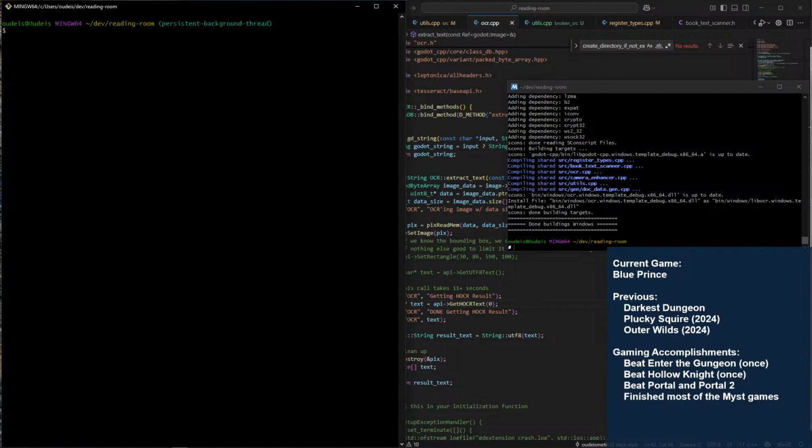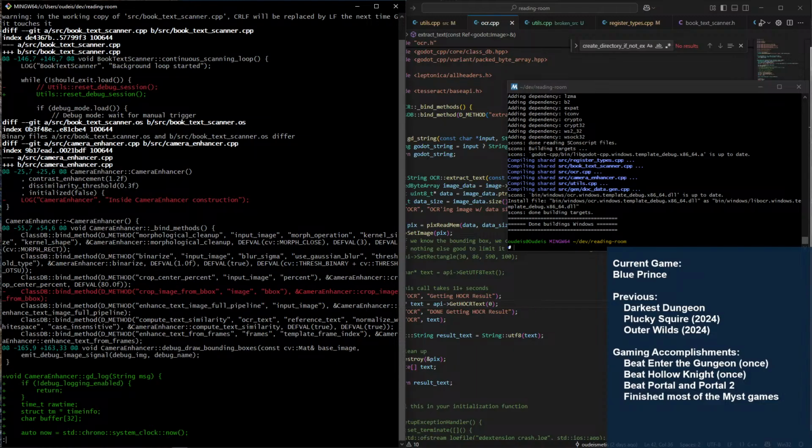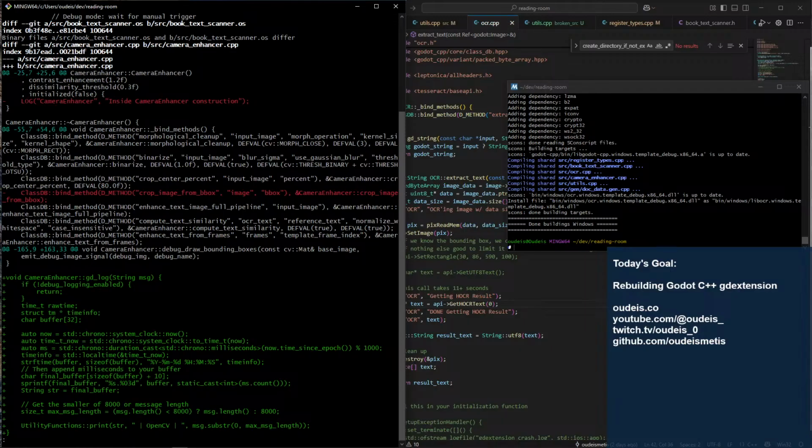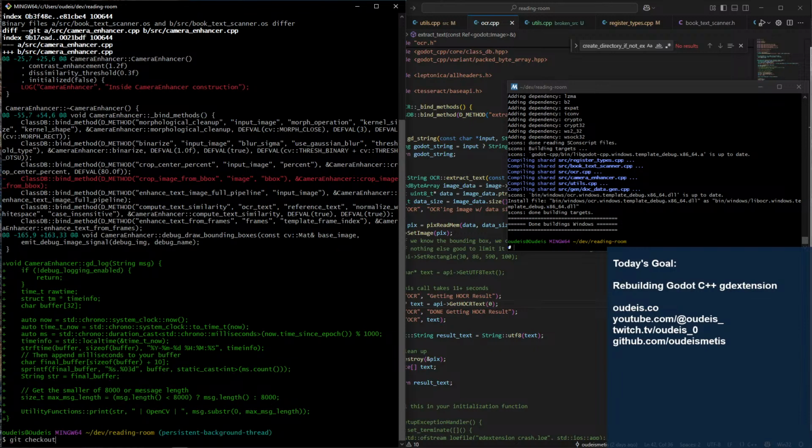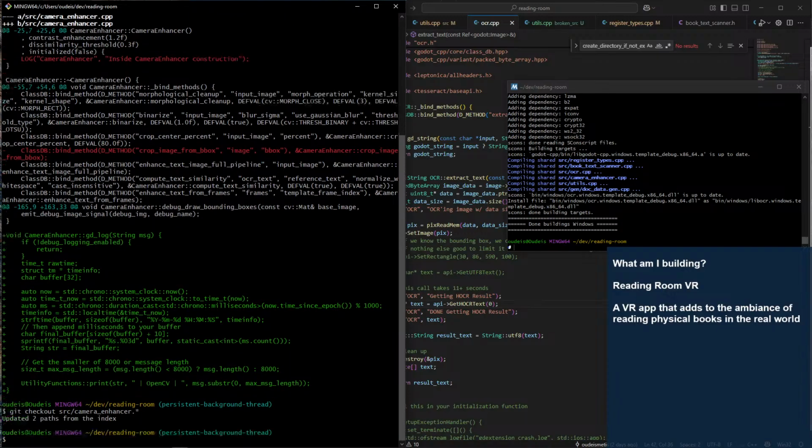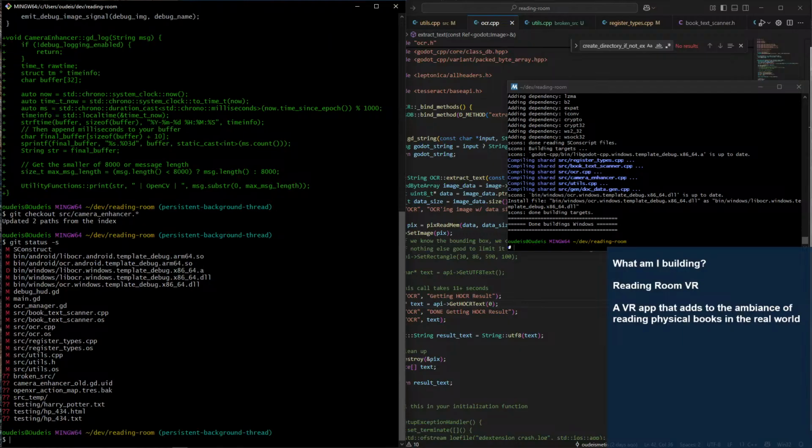Clear. Git diff on source. Let's eliminate the impossible, and whatever remains, however improbable, must be true. Oh, why did I do that? Git checkout source. Let's just do that. Why would I even bother? Just check them out, because I know the version that's committed works.